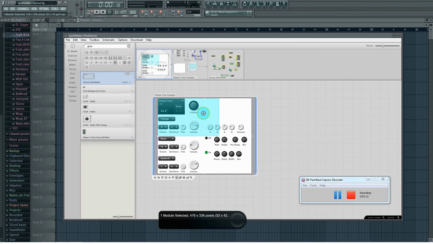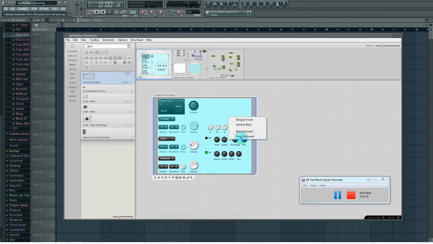And now when I go back into our synth, I'm going to drag it to fit the size of our synth, and I'm going to hit send backwards until every bit of our synth is in front of it except for the white background. And now I have a basic colored synth,